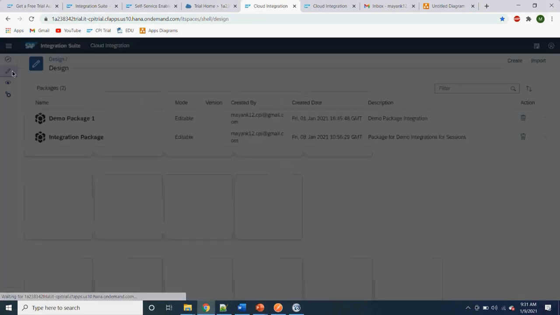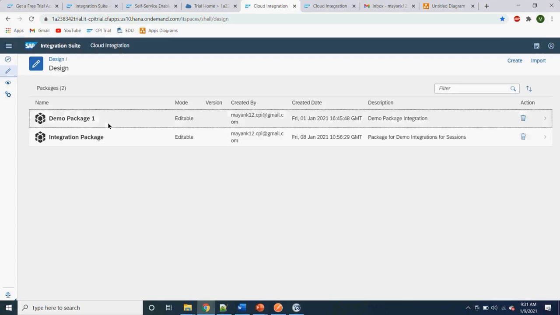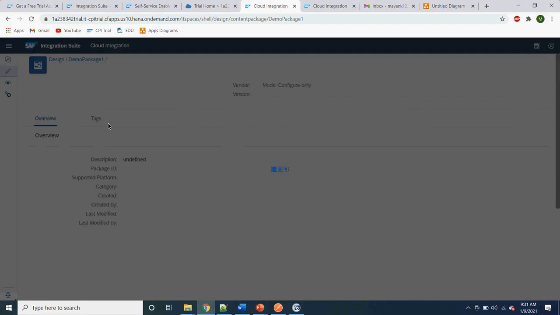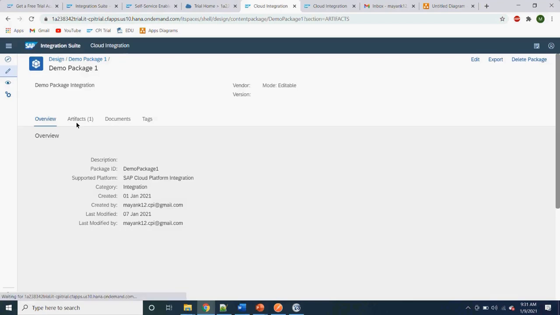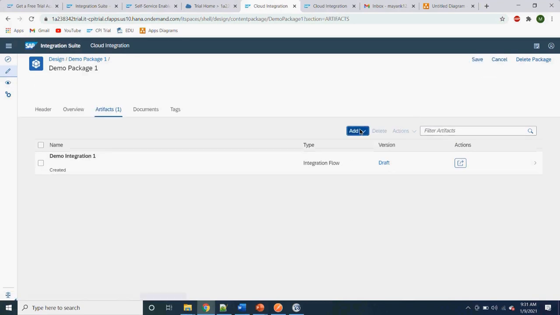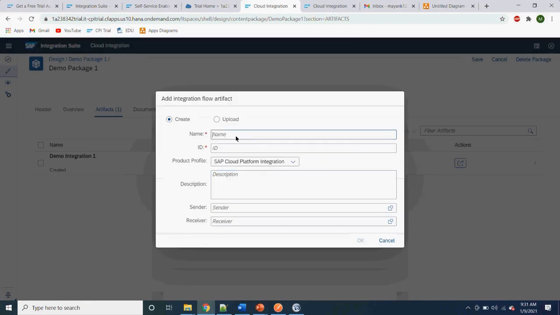For now, we would just create an iFlow. These are called artifacts in here. So I would just add an integration flow. An interface over here is called an integration flow, or iFlow.